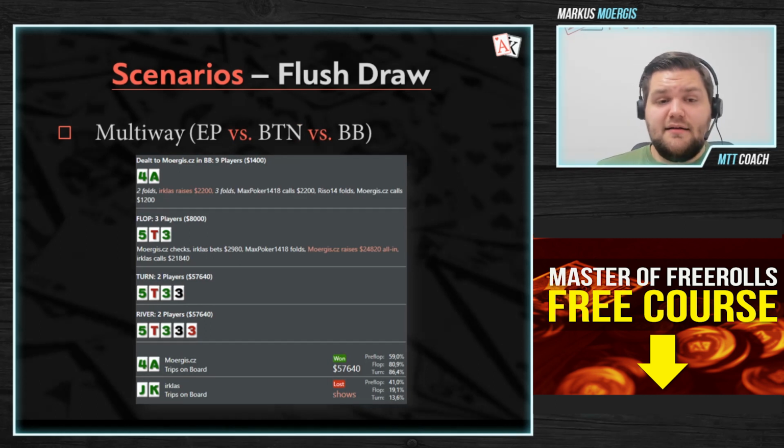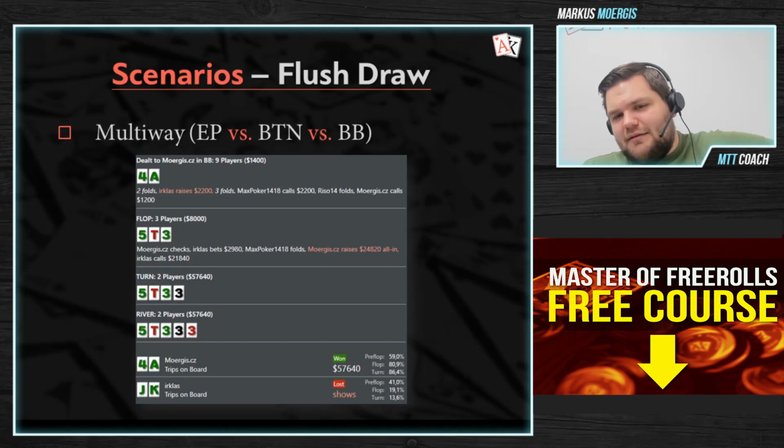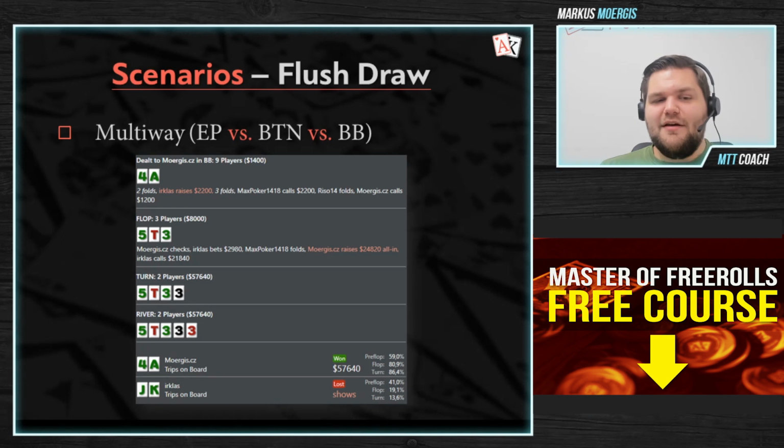Up to the next hand here. Again, we go for a multi-way pot. Early position versus button versus big blind. We again sit in the big blind, and we get raised from early position. There's one call from the button, and we call as well. Now the flop is almost, or not the same, but similar. We flop a pretty good flush draw. In this case, even the nut flush draw, and